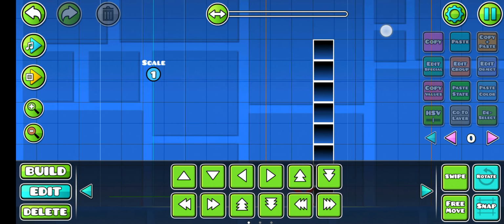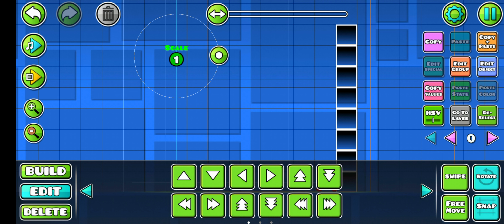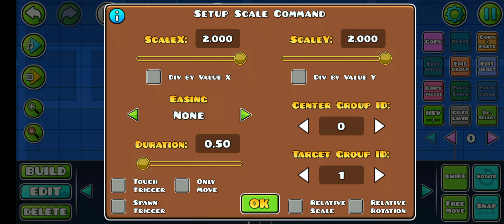And if you want to edit object, if you want to change it somewhat,